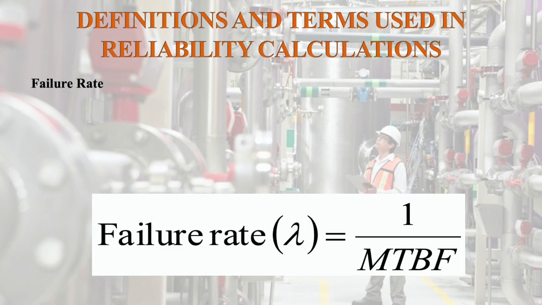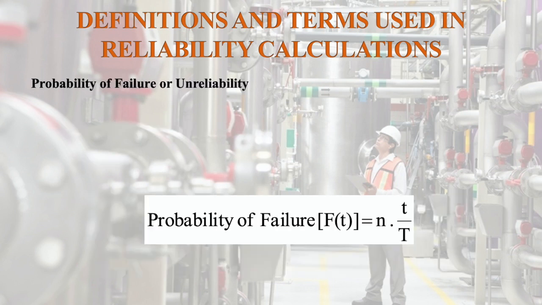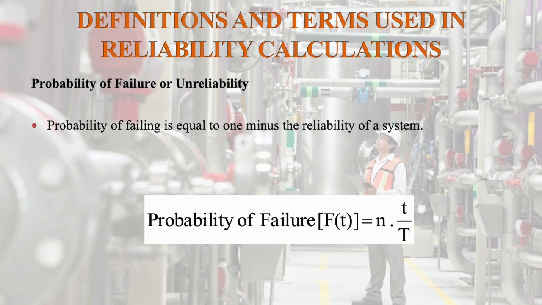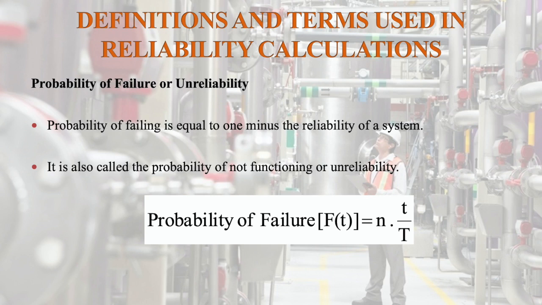So failure rate is the number of failures per unit time. Therefore, failure rate lambda is equal to 1 by MTBF. Probability of failure or unreliability: the probability of failing is equal to 1 minus the reliability of a system. So it is also called the probability of not functioning or unreliability, that is equal to probability of failure F(t)